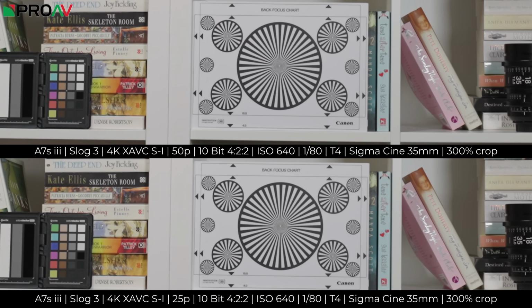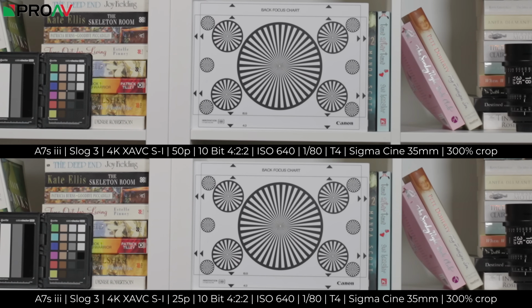The next question we had was, once you start upping the frame rate, does the picture quality drop? I mean, we're so used now to having a drop from 4K to 1080p when going up to higher frame rates. Slow motion and a softer image just seem to go hand in hand nowadays. But now we're seeing cameras which don't have to drop the resolution to go up to high frame rates like 100 frames a second. So let's take a look at how the A7S Mark III behaves once you raise this